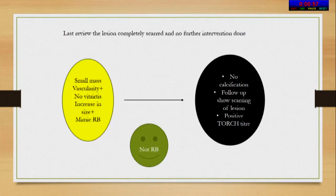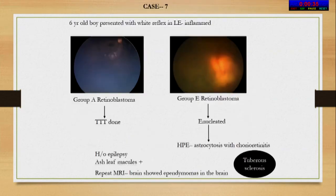So when you see a small lesion, follow up with systemic workup also, because all patients in the neonatal period are immunocompromised. You don't expect any vitritis, which would clearly say whether there is infection or not. And when there is an increase in size on follow-up, but it scars, it's more likely an infective lesion. Why I'm saying this is another patient with